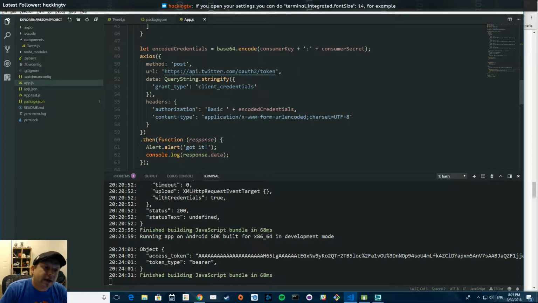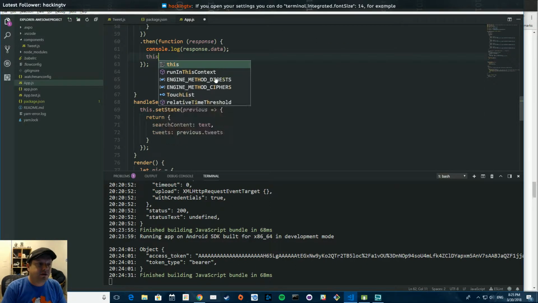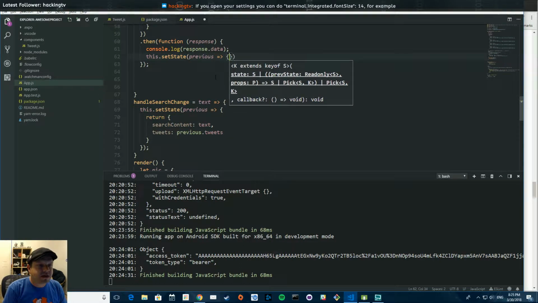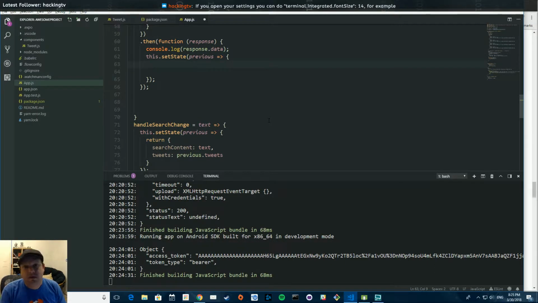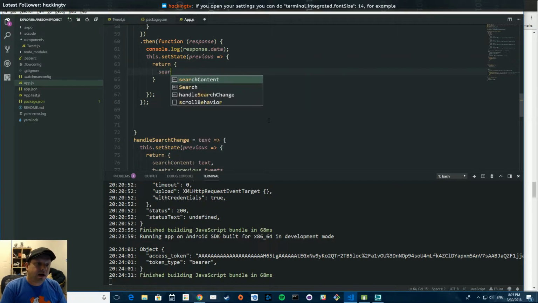All right, so we have that. What we're going to do is we're going to modify our state, right? So we know that we have to do this, set state. We know we are going to use an arrow function. Again, more ES6 love. If you don't know what this arrow style is, let me know and I'll cover it for you, okay? I think it's one of the fantastic additions for ES6. So we're going to return, and see this,